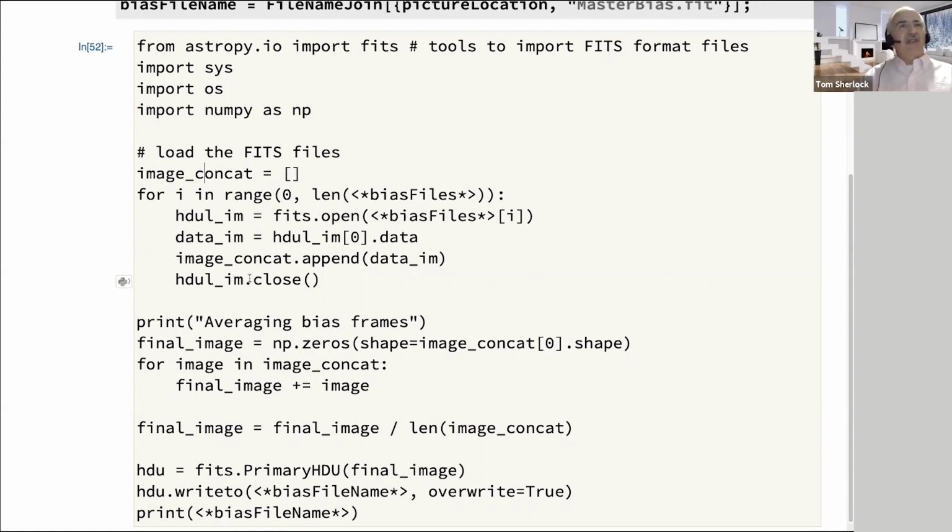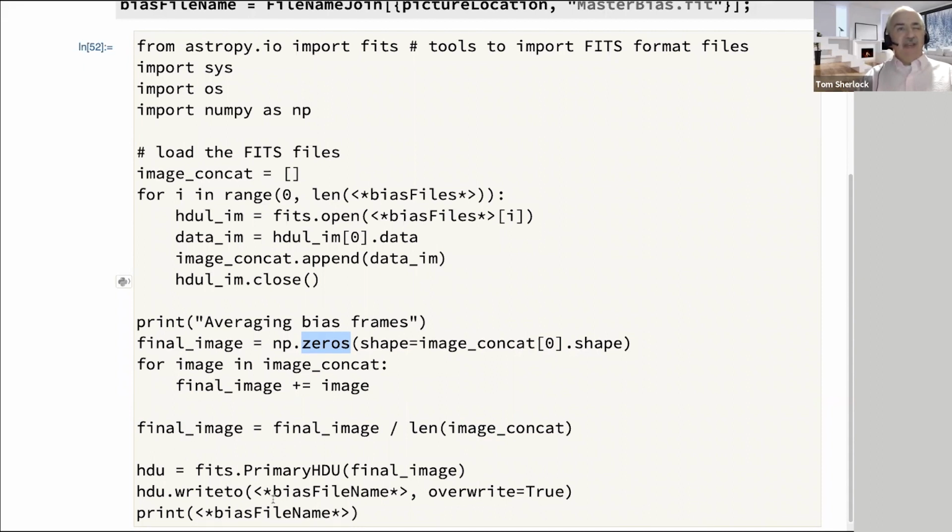And then I'm closing the fits file. So basically I create an array of these images. Now I'm just averaging them. The final image is just started out with 0 and in the same size as the first of the bias frames. And then I just add them all up, and then I divide them by the length of the array, and that gives me the average